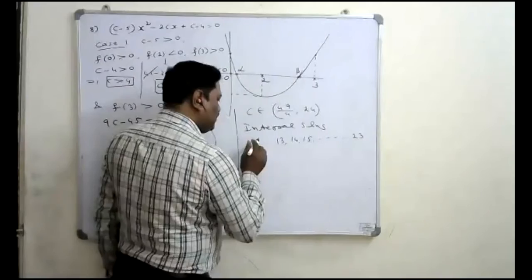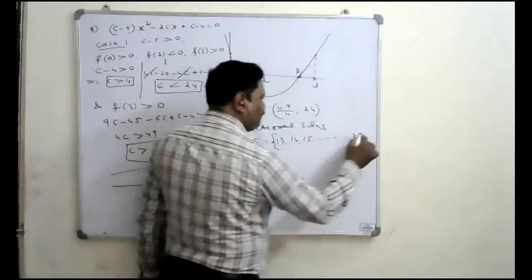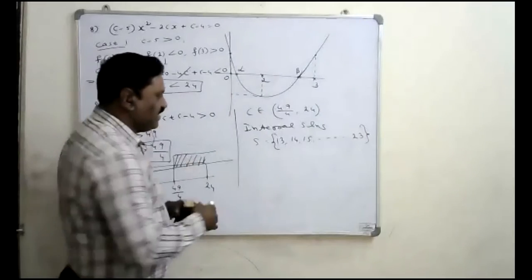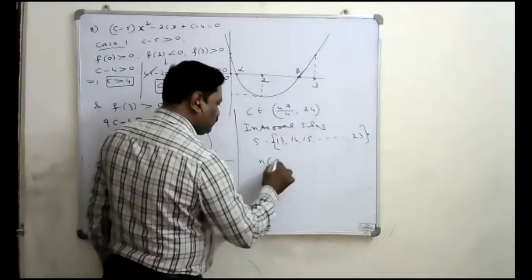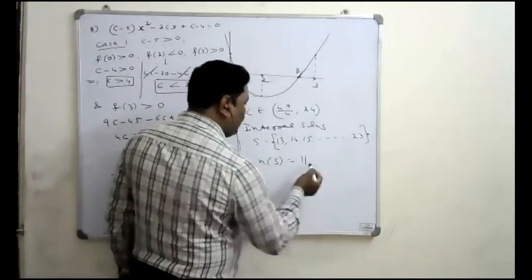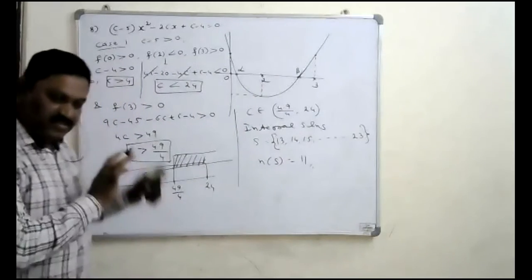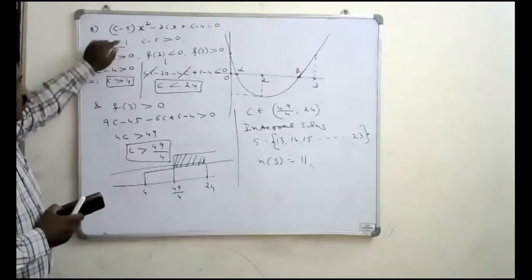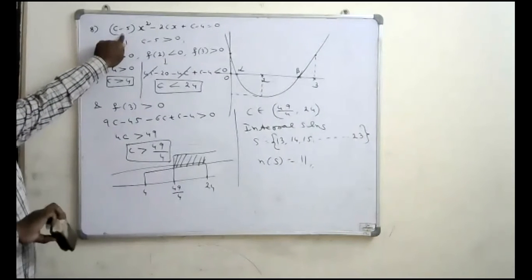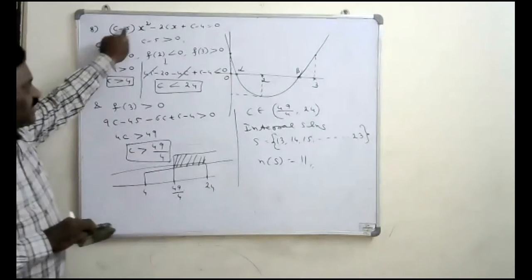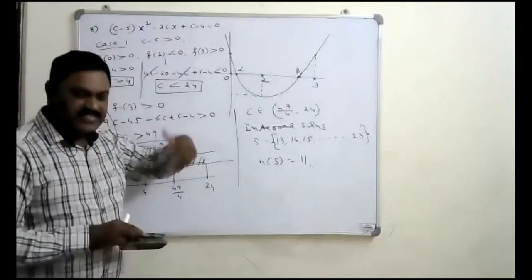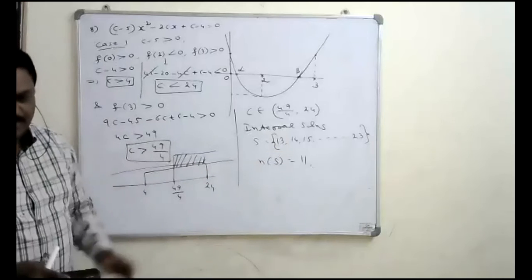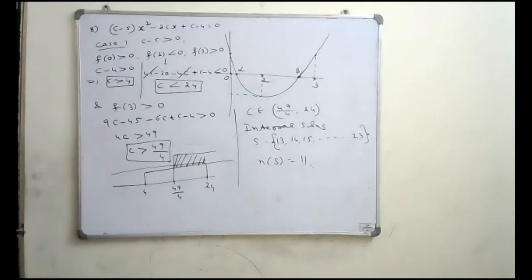The set S they have given is the set of integral solutions. Then how many elements will be there in this set? 11. So the number of integral solutions is 11 in this case. This is one case done. And there is another possibility. The x square coefficient has the negative sign. If it has the negative sign, this expression may have the maximum, and a downward parabola is also possible. We have to check that case too. First write this down, then we will go to the case.